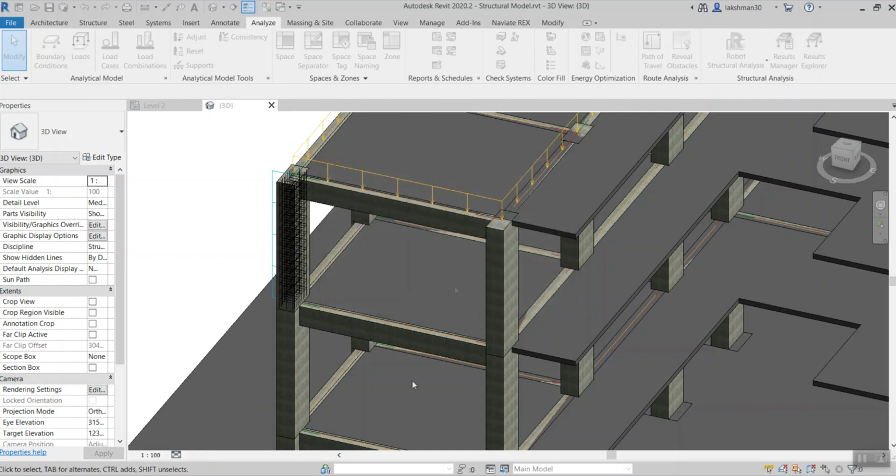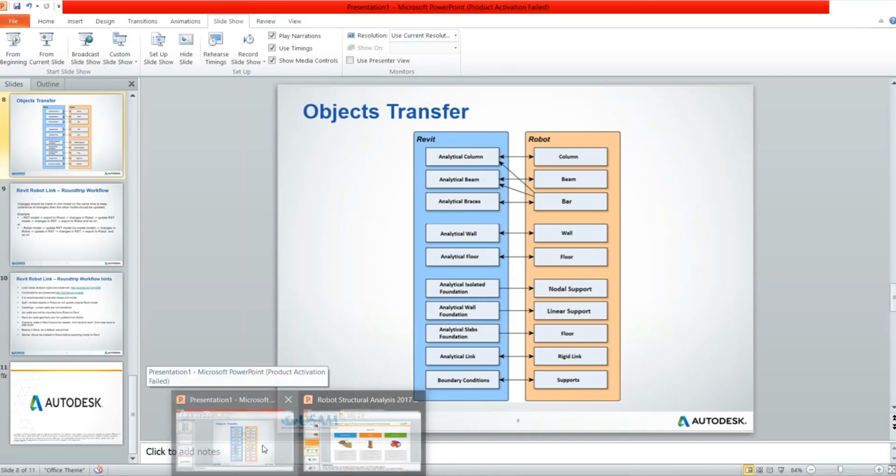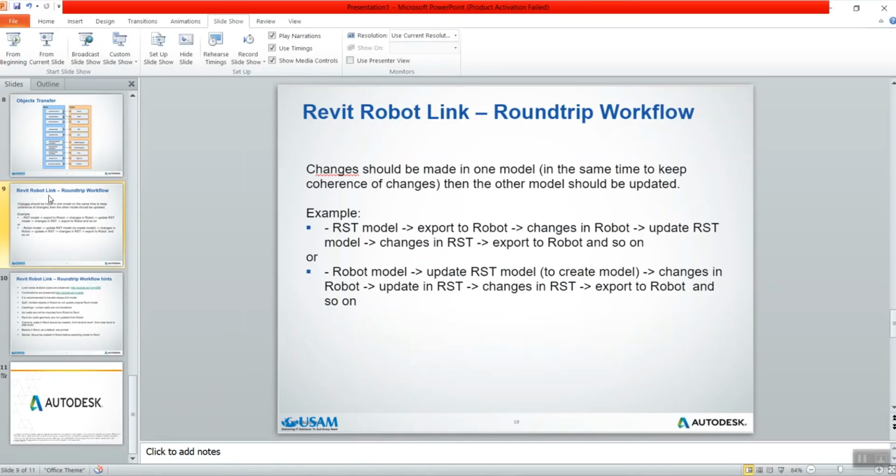So this is the simple workflow that I have completed. Now coming back to the presentation which we left over there, the workflow which we have done now has been noted here. Changes should be made in only one model.